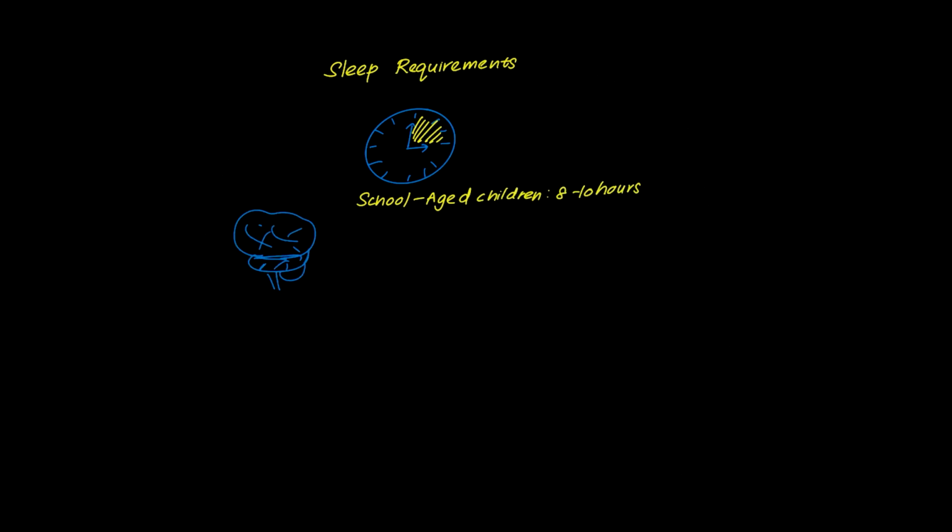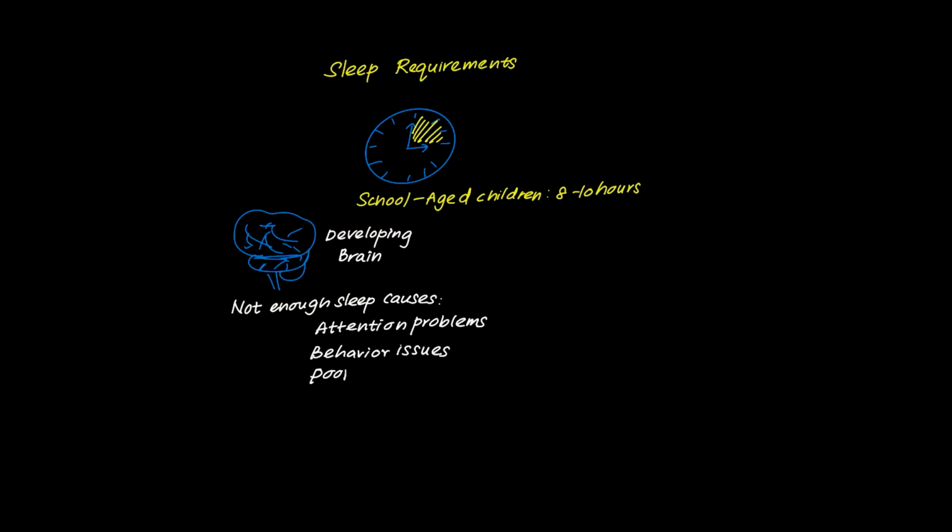How many hours of sleep do school-aged children and adolescents need each night? 8 to 10 hours. Sleep is when the brain consolidates learning, processes memories, and physically restores itself. Kids and teens need more sleep than adults because their brains are still developing. Sleep deprivation in children shows up as attention problems, behaviour issues, and poor academic performance, symptoms that sometimes get mistaken